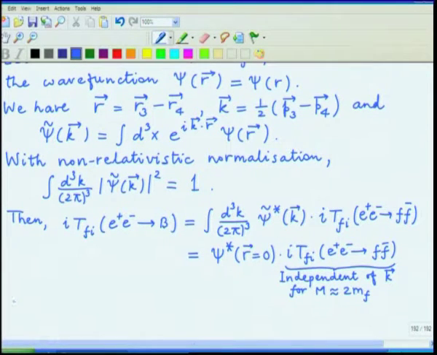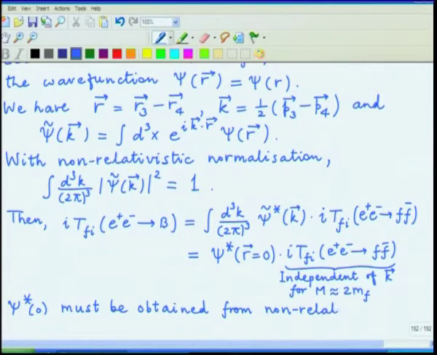So, this psi star 0 must be obtained from non-relativistic